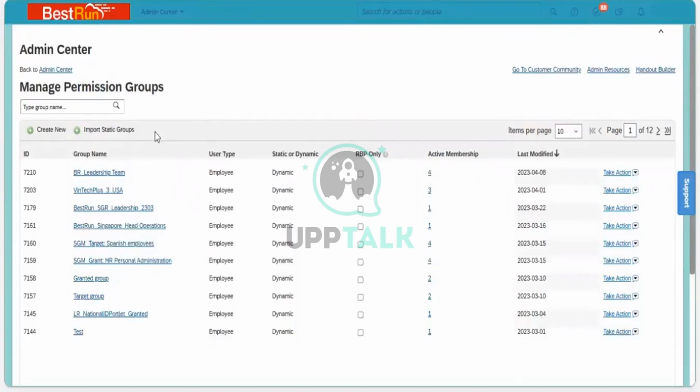Okay. So when you go into the permission group, even here, also suppose when you go and take any of the permission,